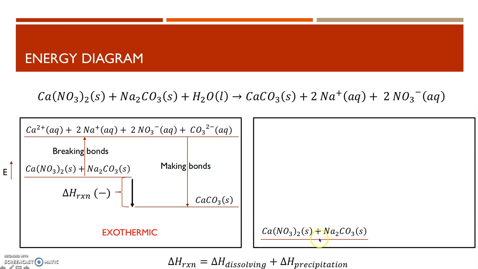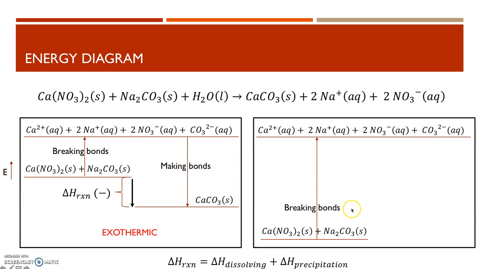But maybe it takes more energy to break my bonds than it does to make my bonds. So if I require more energy to break the bonds than I get back when I make new bonds, then overall, from my initial state to my final state, I will have an increase in energy. And in that case, the heat of reaction, or the enthalpy of reaction, will be a positive value,